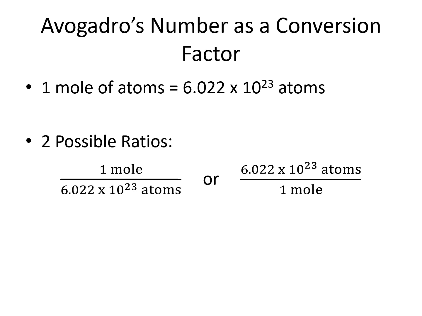We know from the definition of mole that 1 mole of anything equals 6.022 times 10 to the 23rd of that thing. Therefore, 1 mole of atoms equals 6.022 times 10 to the 23rd atoms. Remember, anytime we have an equality with different units, we can turn it into a conversion factor. We can use Avogadro's number to go between moles of atoms and number of atoms, or moles of molecules and